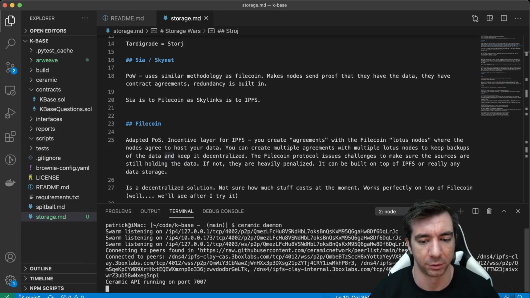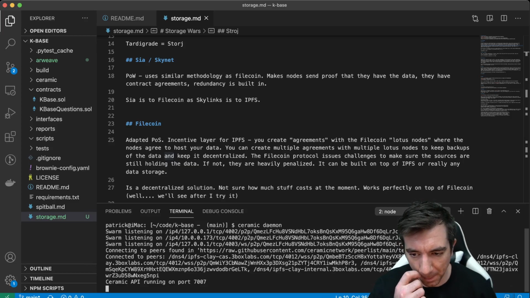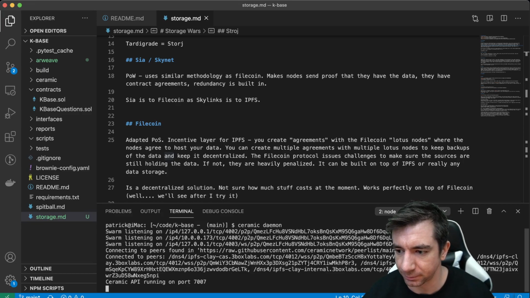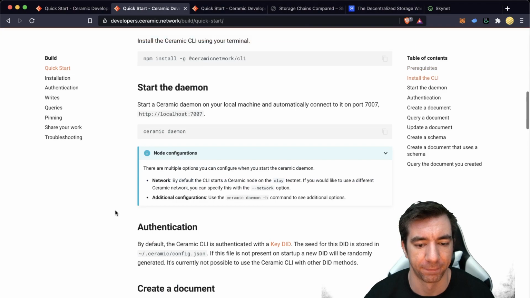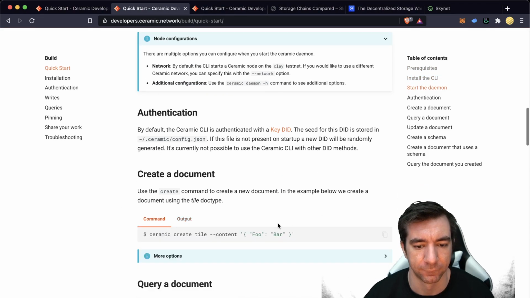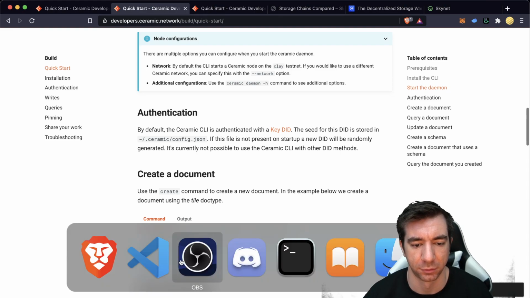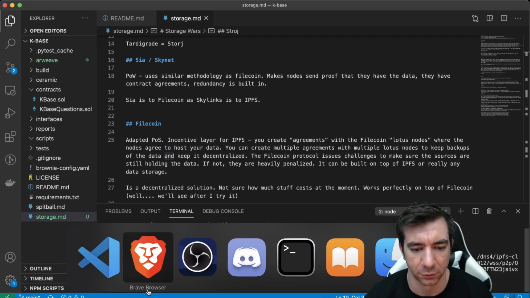Ceramic API running on port. Okay, cool. Yeah, I don't know. The decentralized storage world I'm still figuring out. Create content: foobar. Listening on port. So if I go to